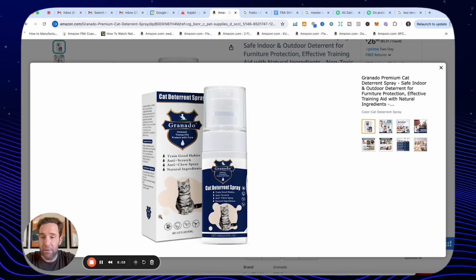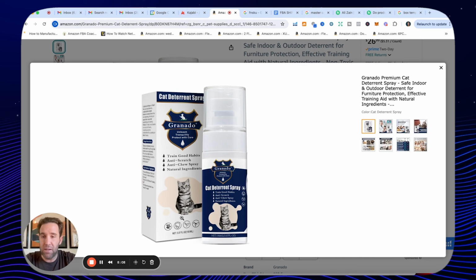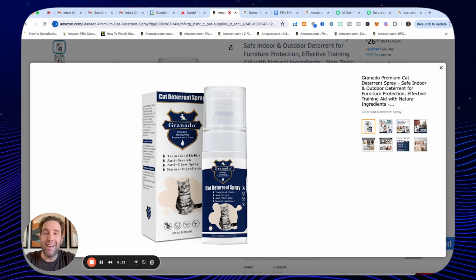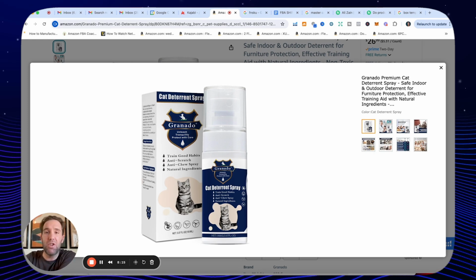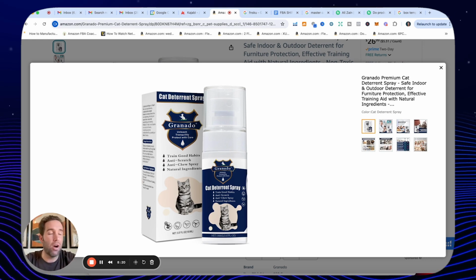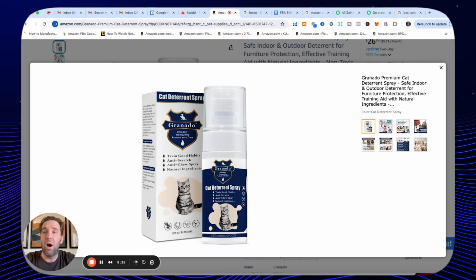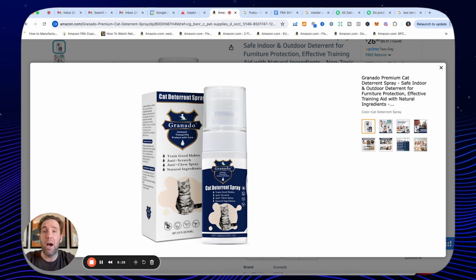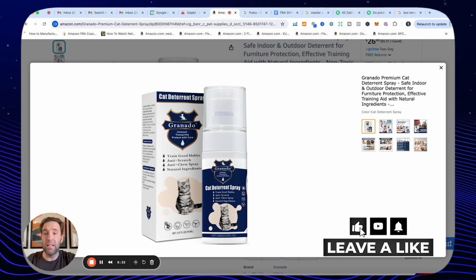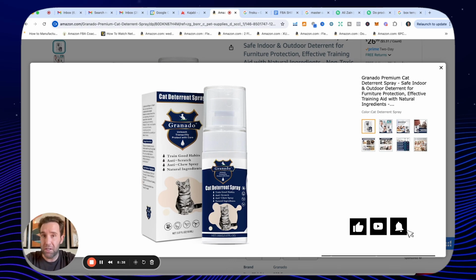Now, the best place for the FNSKU would be on the back. So not here, not on the front, definitely not on the front, but on the back side is probably the best. It's going to be the widest part, because that FNSKU has to be a certain size. I believe it's two inches long by 1.5 inches tall. But when you go to print your FNSKU inside of Seller Central, it'll automatically be the 30 up label in the correct size. You want the 30 up label. So guys, you're going to get the label designed and the box designed, and then once you create your listing, you can get the